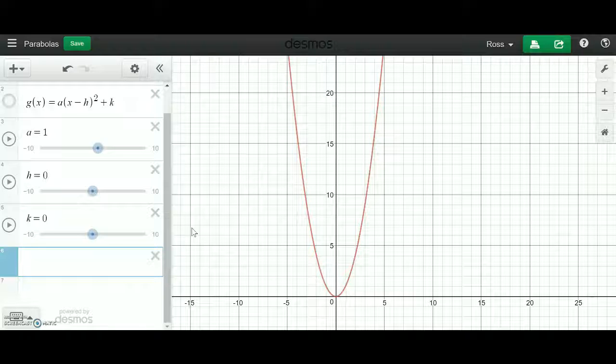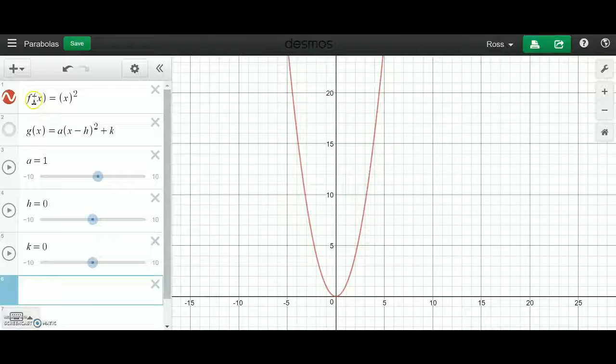In my Algebra 1 class this year, we've looked at exponential and linear functions. So with this video, I just want to introduce the idea of a quadratic equation, the idea of a parabola, which is the shape given by a quadratic equation, and some of the characteristics that you can find with these types of equations. So what we have here is the parent function of a quadratic equation, which is y equals